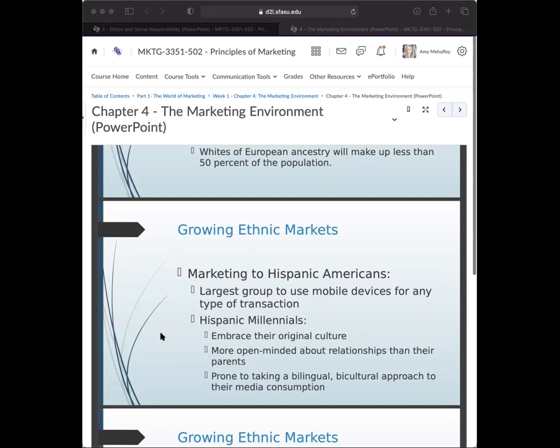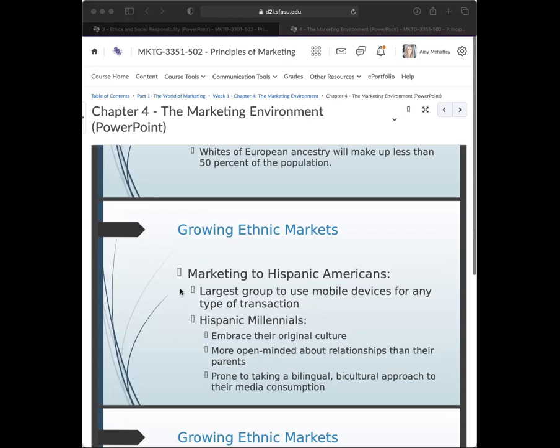When we say target market, we're not talking about preying on a certain group of people or trying to get a certain group of people to fall for a marketing ploy. But remember, we're talking about adding value. Marketing is all about adding value and allowing people to partake in something that they see as valuable. So if I like to shop with my family, which I do, we shop at Kohl's often because everybody can get something they need at one time. You can get things for the home, you can get shoes, you can get clothes for the whole family. There's jewelry, there's all different types of items. And so for me, that provides value.